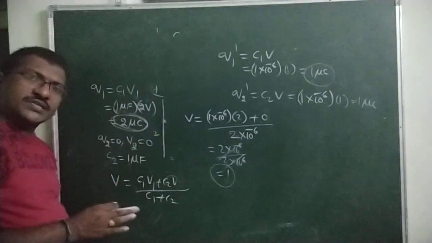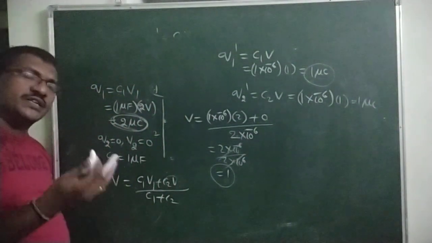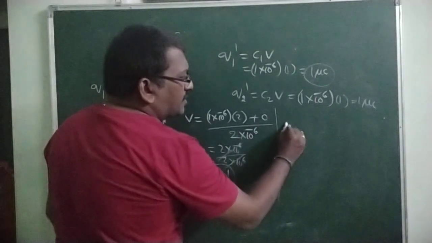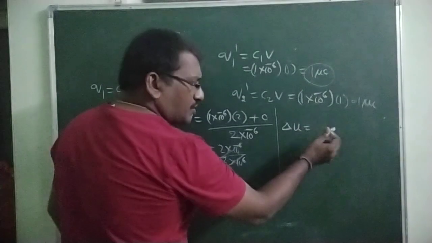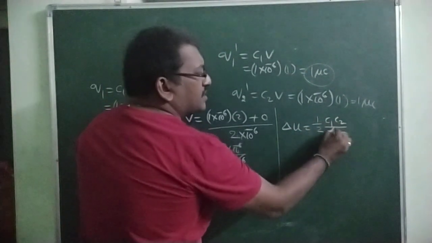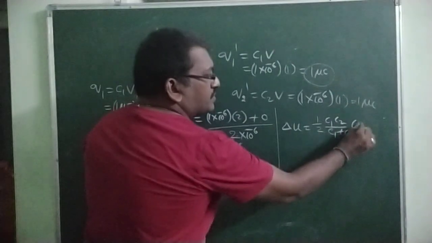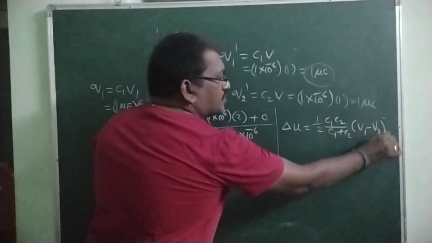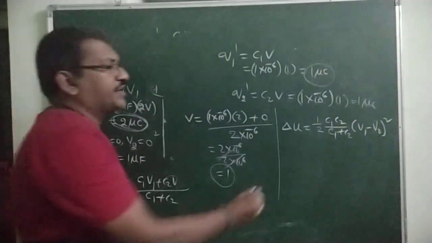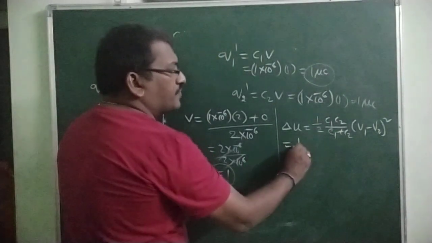In this process some energy is transferred, or some energy is lost. What is the loss of energy? You know the formula: the loss of energy delta U is equal to half C1 C2 by C1 plus C2 into (V1 minus V2) whole square. So from that formula you can write here half C1